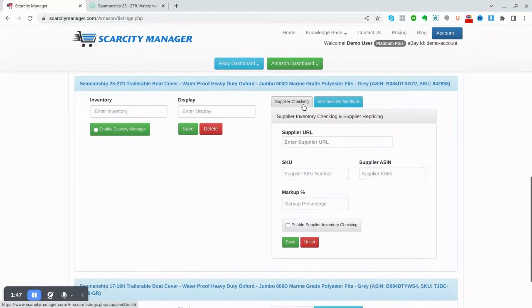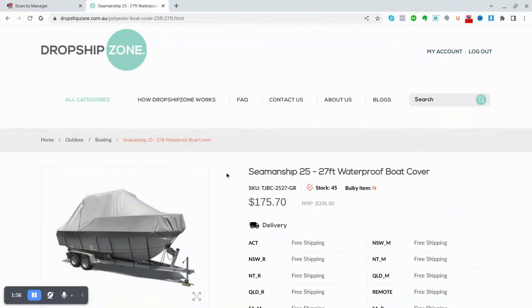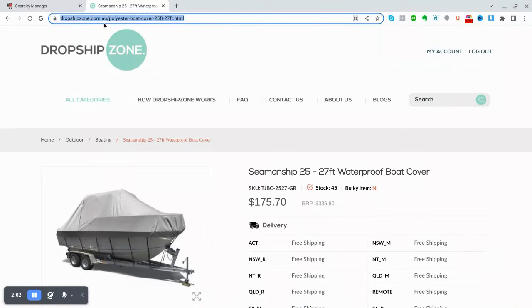Click on your supplier checking button, and that will open those fields up for you. As discussed, the supplier here for this demonstration is dropship zone. So we've already got this URL open. This is for the 25 to 27 foot variation. Copy that URL,